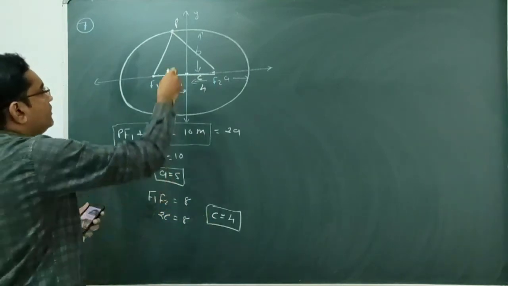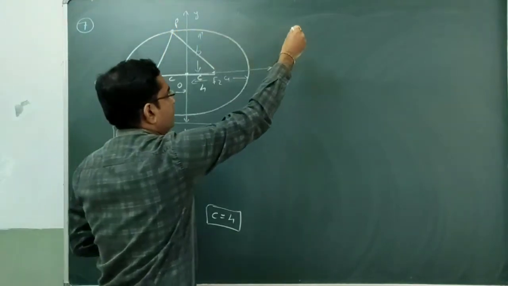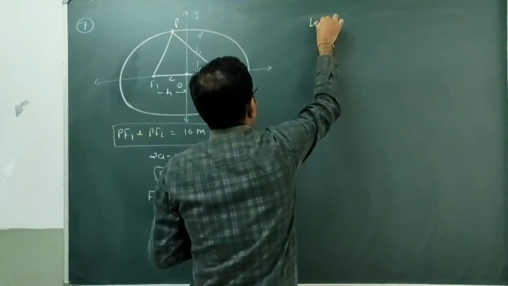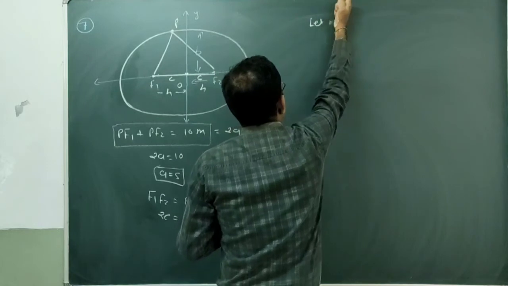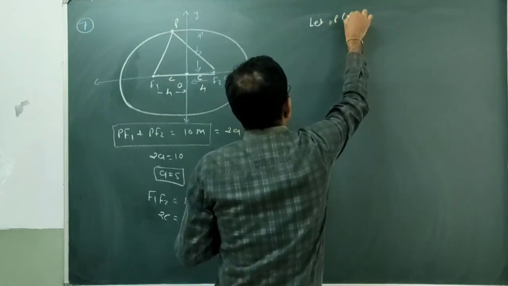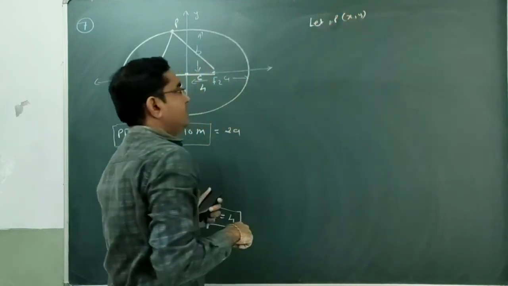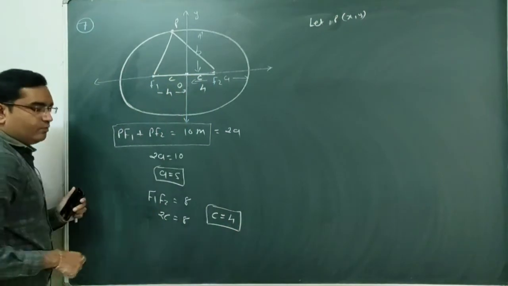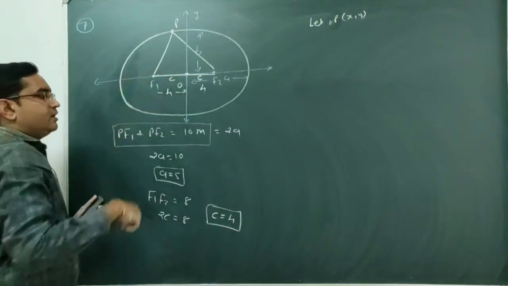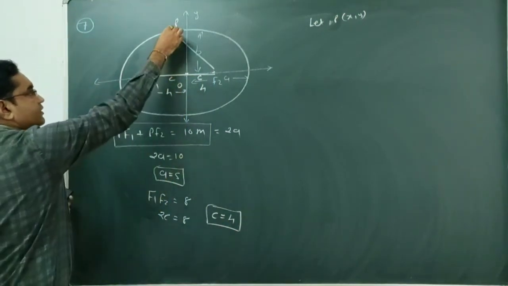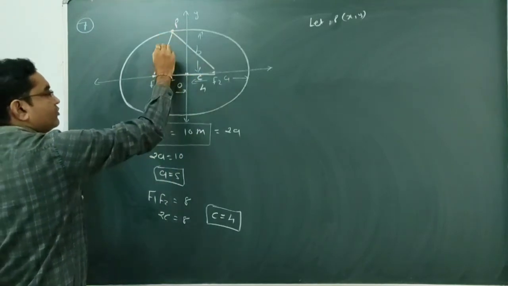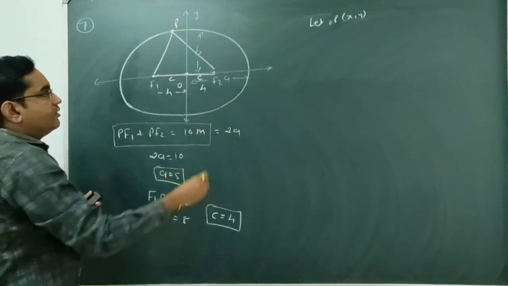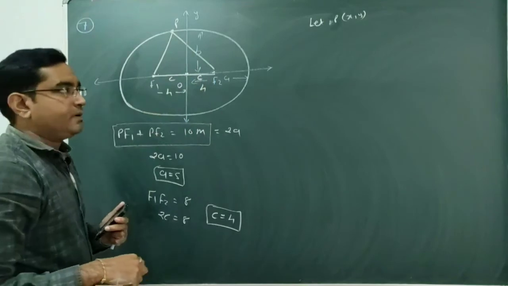We require the equation of this point P. So let's assume the location of this person has coordinates x, y. To write the equation, we require the value of b. So this is one elliptical path according to the condition. The distance of this person from these two flag points is always constant. When will that happen? When our shape is elliptical.